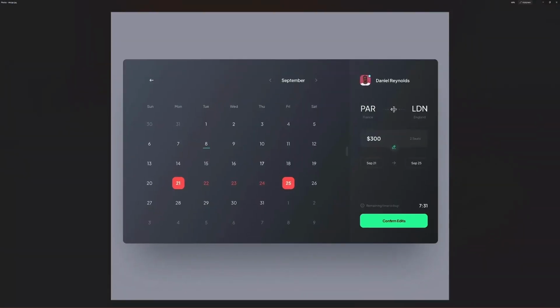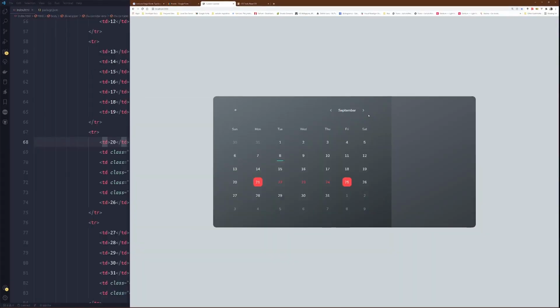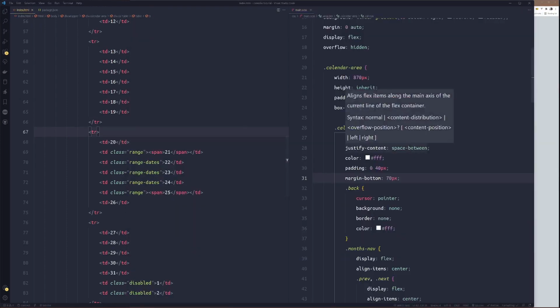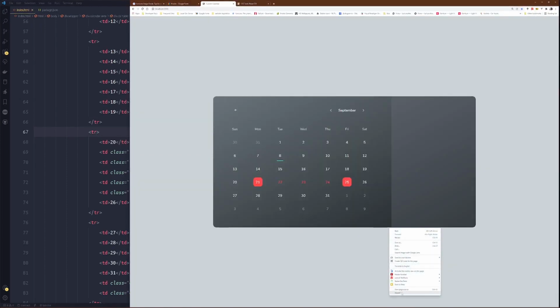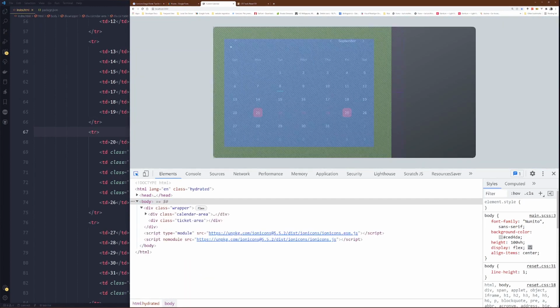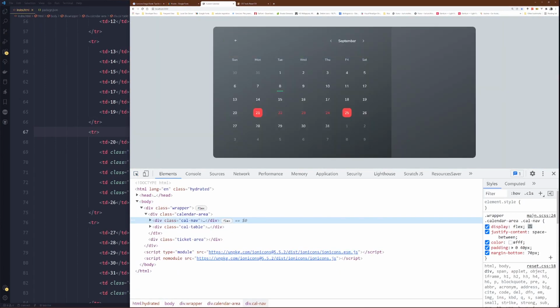Even this one itself needs to come out a bit, the padding. So instead of 40, take it out to like 30. 30 is good.